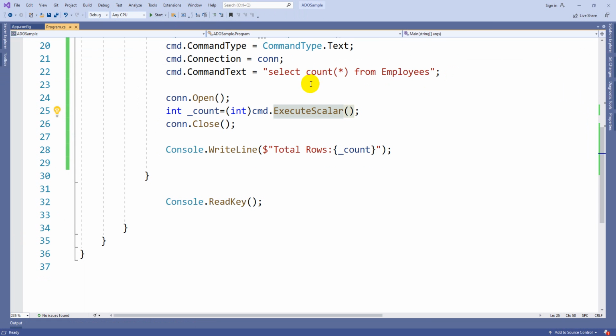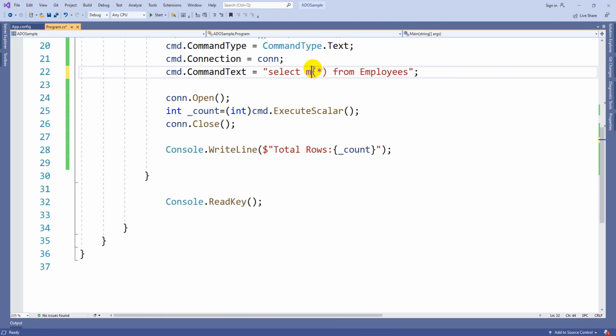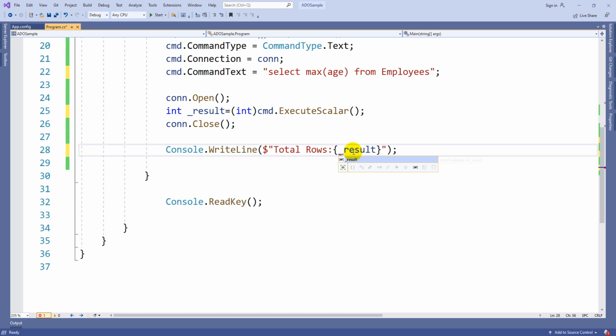Total rows are 7. Suppose I just want to get what is the highest age, so then I can write max of age. So then here let me write like this result, then it is not going to be a problem.